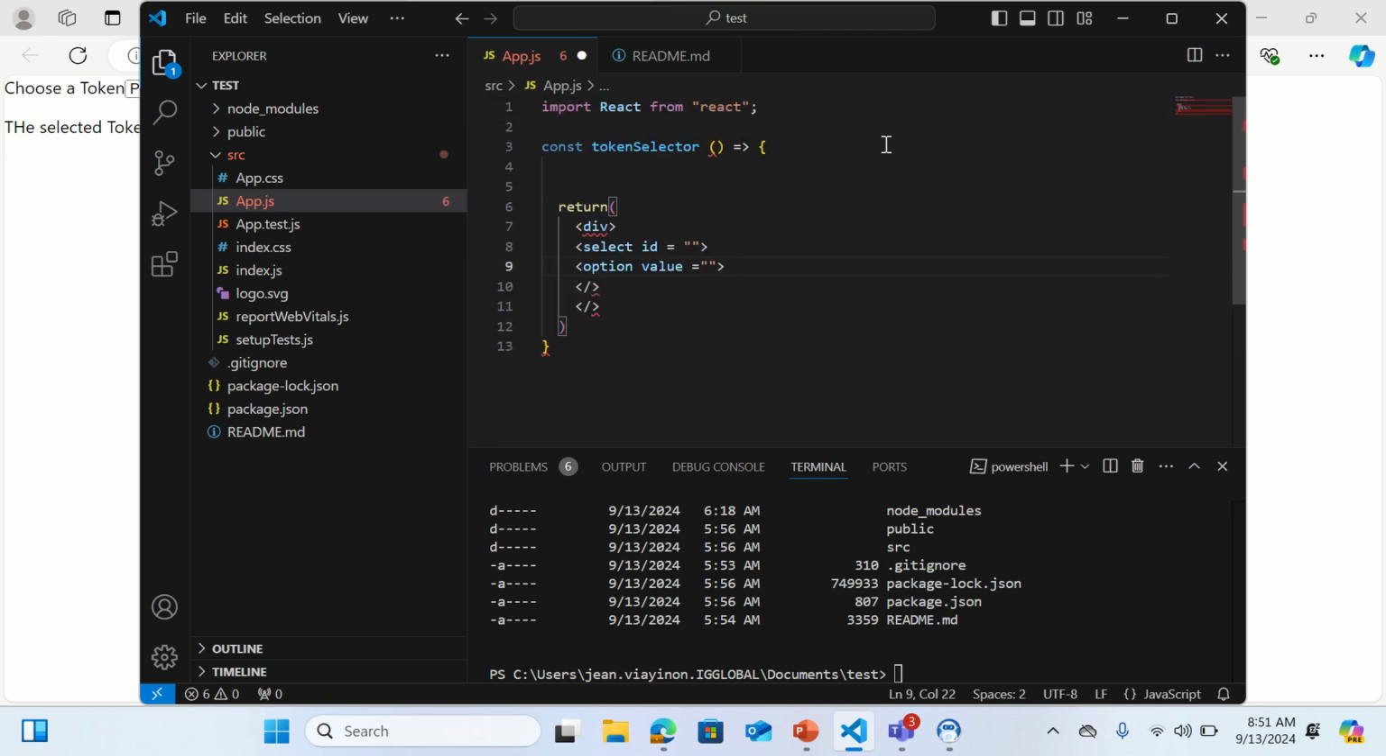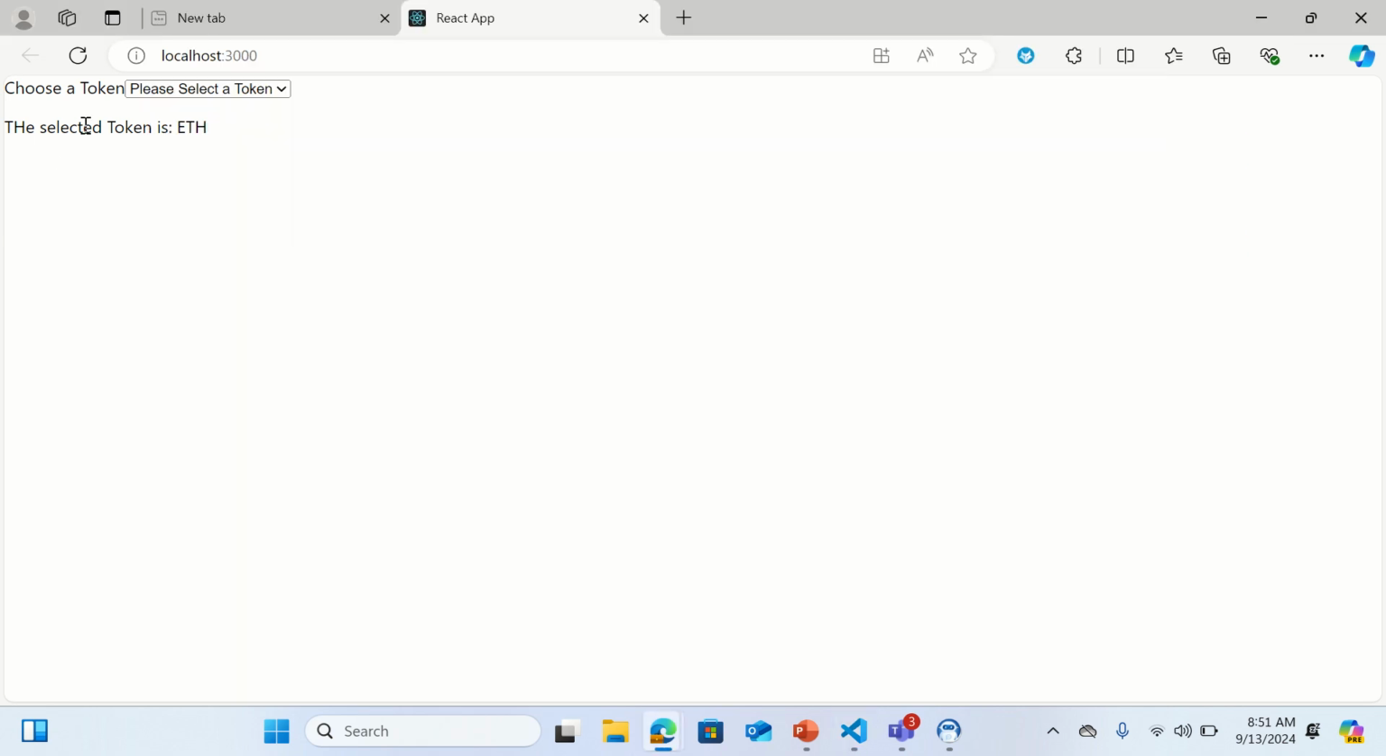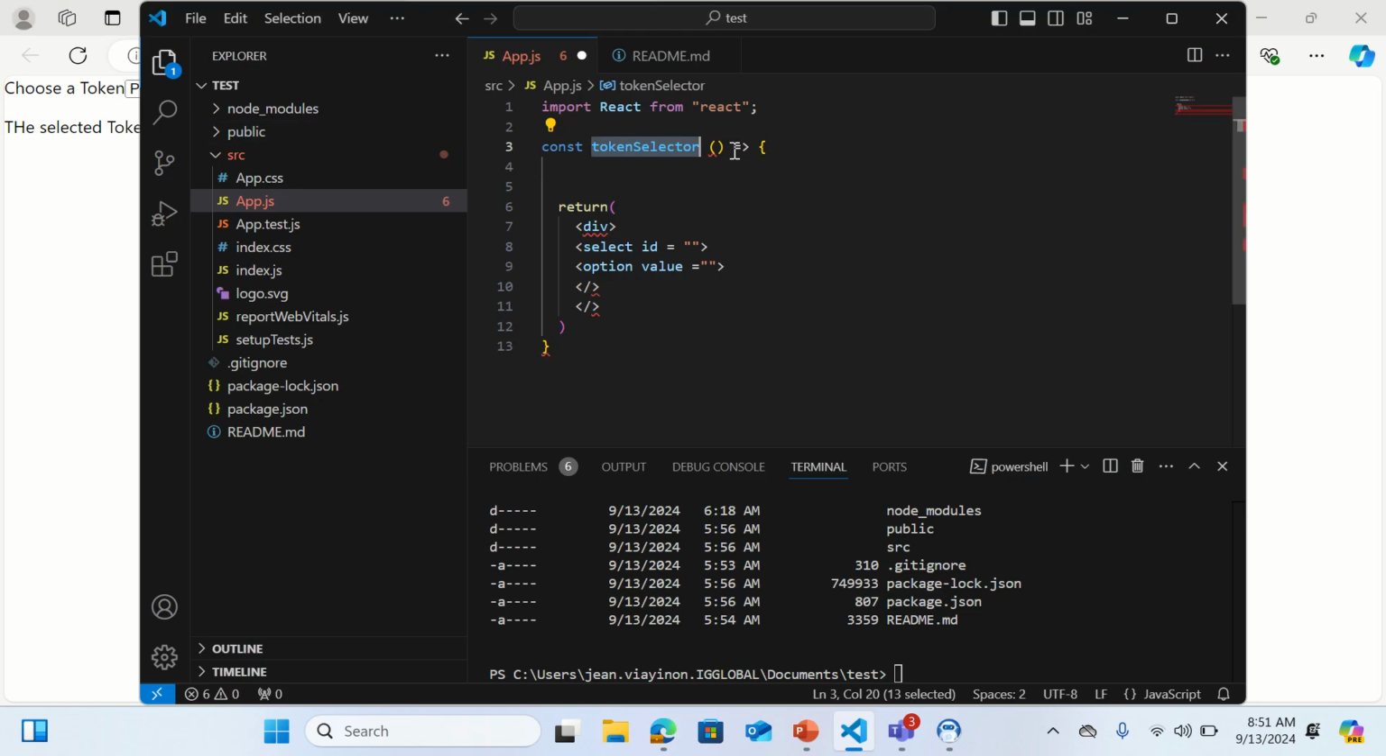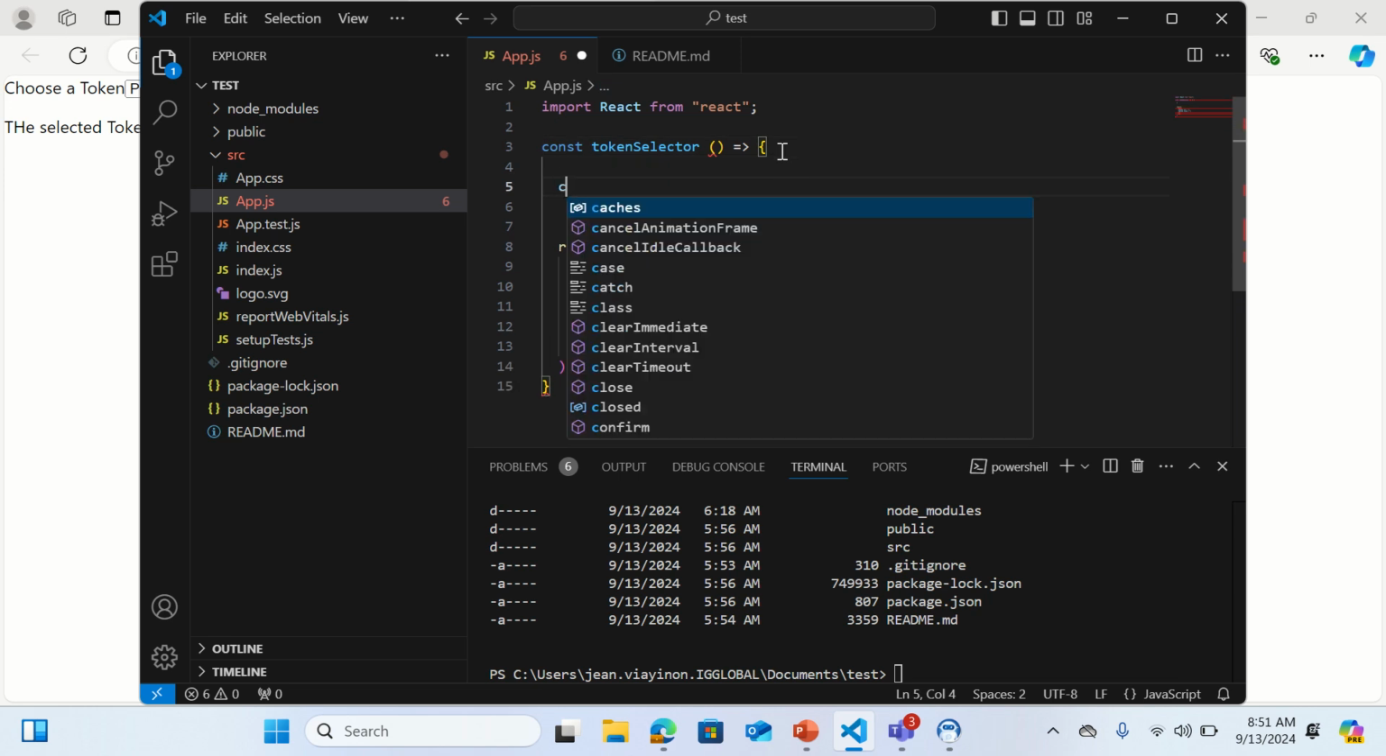Close this one. Okay, so now what I'm going to do is that this functional component that we create here should actually handle the whole process, right? And the way to do that is going to change a state. It's going to change state because the user is just going to change the selection here, right? So whenever the user changes the selection from ETH to DAI, for example, it's going to change state. So we actually need a state variable, and a way to create a state variable here in React is to